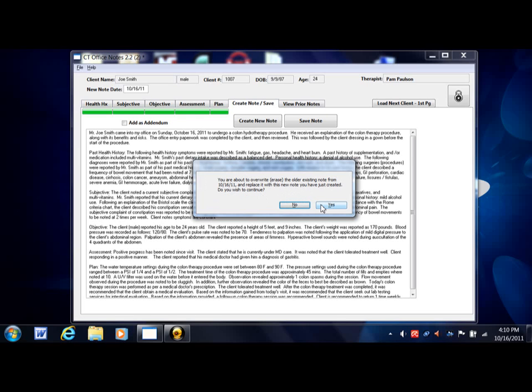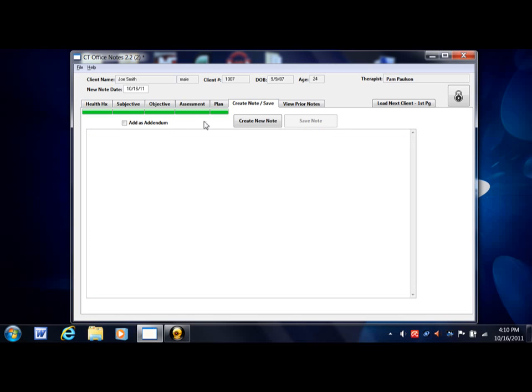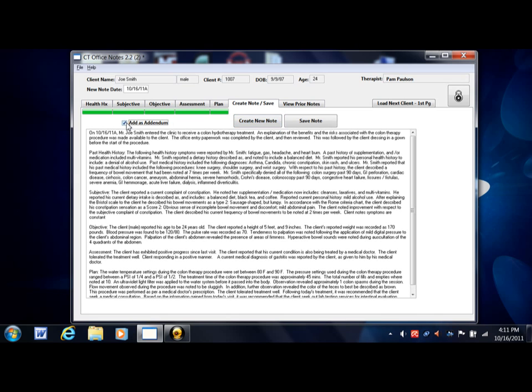Do you wish to continue? If you push yes, then it will overwrite the old note with your new note that you've just done. And if someone comes in for the second time that day because the medical doctor wants you to see them twice, maybe they're having a procedure in the morning and then again in the afternoon, whatever it is, you simply choose Add as Addendum, so that when you create an office note and this box is checked, it will allow